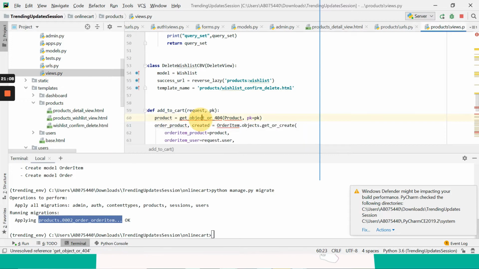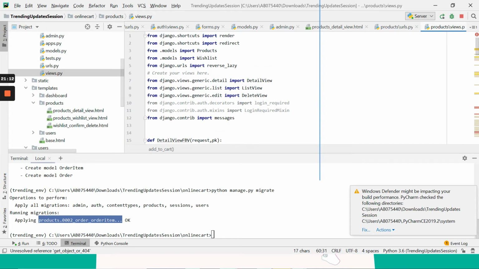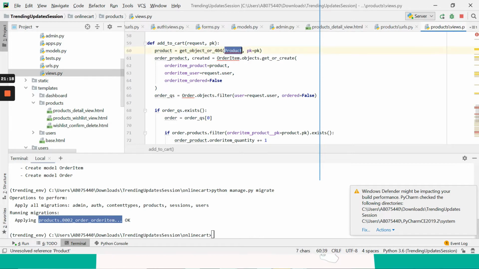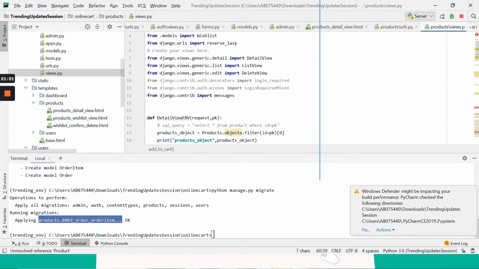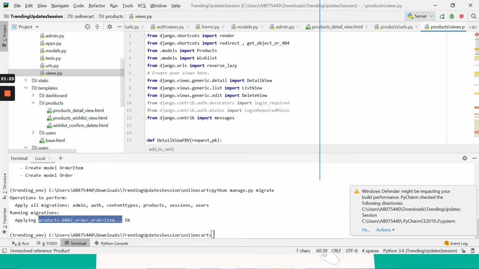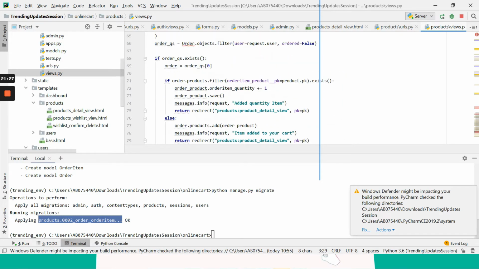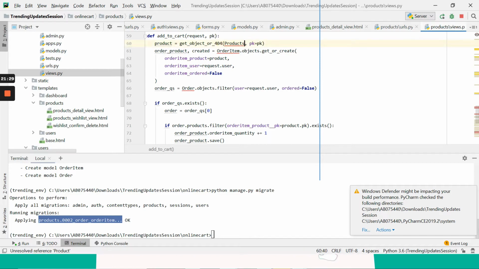And one more thing, we are going to have get_object_or_404 from the shortcuts along with redirect. Product is not present because it is products and not product. So simply go and give product.